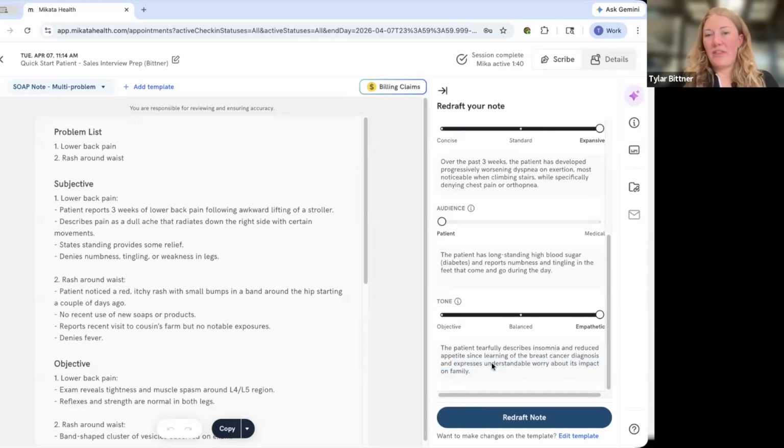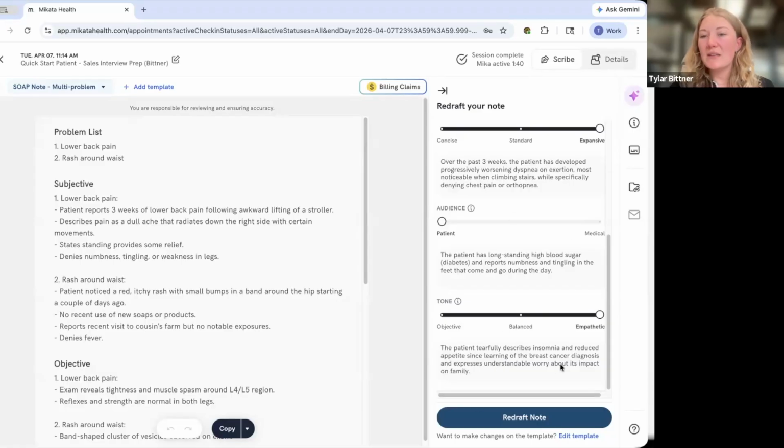A couple things to note with this is the AI will need to still register this information. It's not just going to assume based off of a diagnosis that the patient was tearful about it. So a couple ways that this could be included in the appointment transcript or conversation is if the patient mentions, "Sorry, doc, for breaking down and crying in front of you, but I am really worried about this diagnosis and what the impact may be." Or maybe you mention the crying in the appointment yourself.